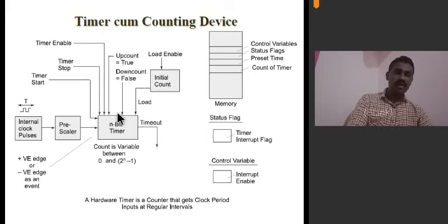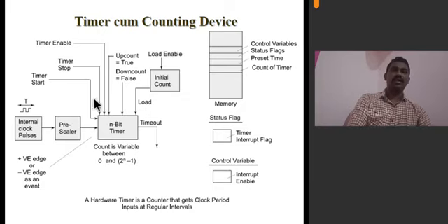After the counting, it is stopped with the help of the timer stop bit. And a timeout signal is generated. That is, you can generate an interrupt here. Then the timer interrupt flag will be set after generation of an interrupt.